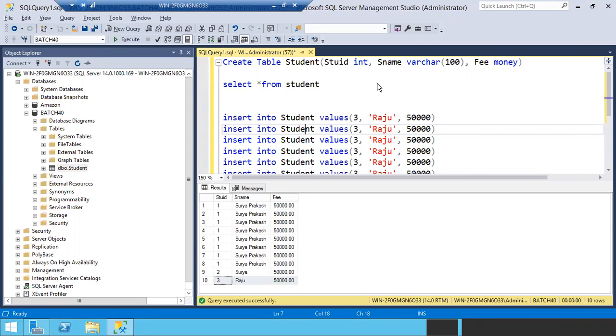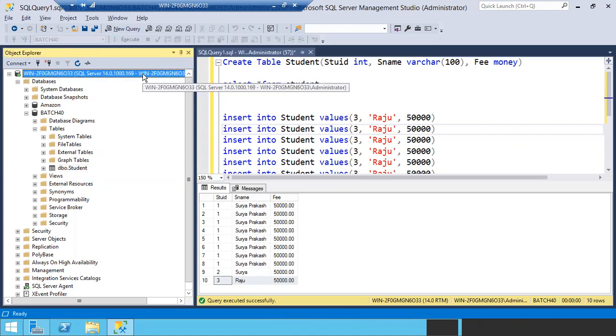We don't read user tables, guys. 99% we don't, depending upon the situation. We may read them, but usually we don't access user tables. We'll access our system tables, DBA related tables. Some system tables we are going to create and access. Fine. So now let me create one more table.